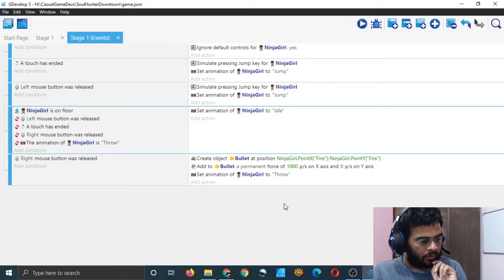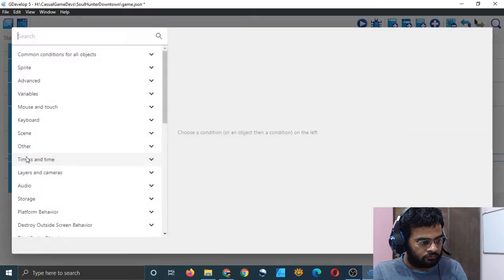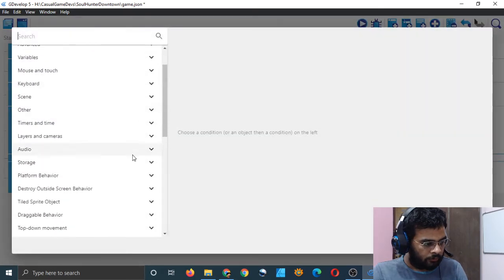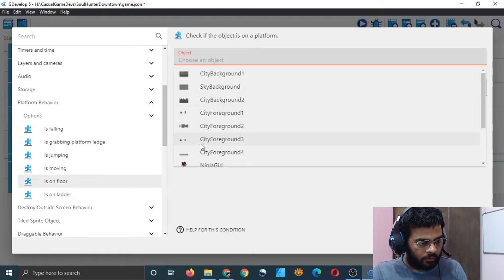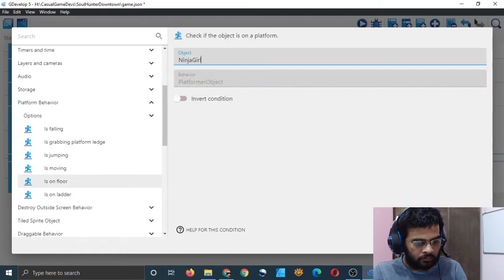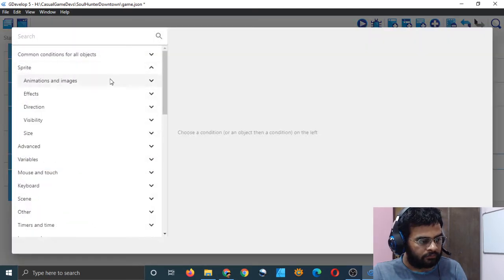So I can do this thing. Ninja Girl is on floor, and the throw animation is complete. Then I will set animation to idle. So I will not do that. Platform behavior is on floor, and who is on floor? Ninja Girl is on floor, and the animation throw is complete.